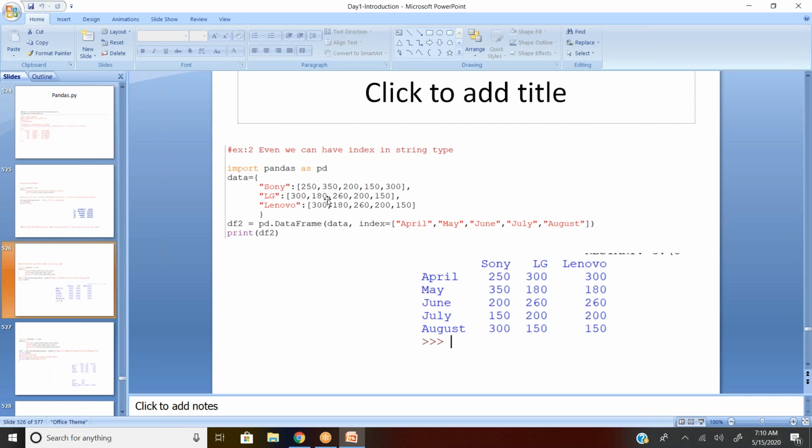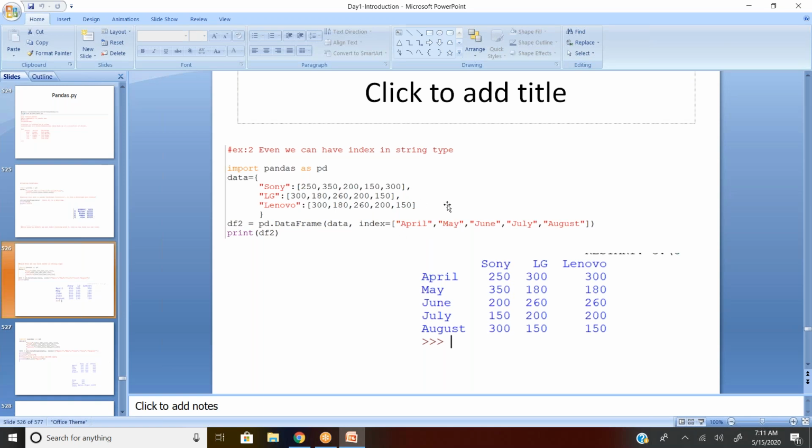Now I'm creating another example here. I have a dictionary again, with Sony sales values, LG sales volume, and Lenovo sales values. I need to convert it into a data frame, so pd.DataFrame and data. By default the index will come as 0, 1, 2, 3, 4, but those are nothing but the sales volume in a particular month.